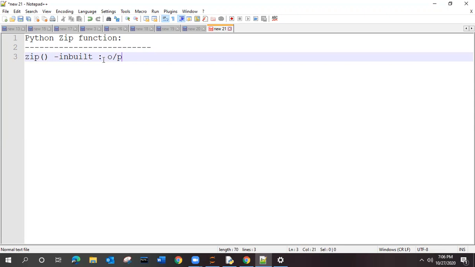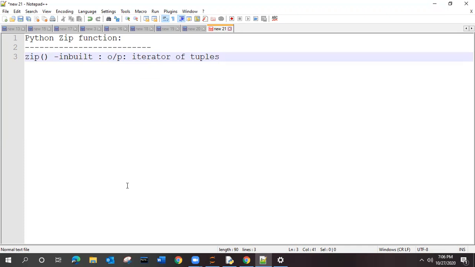Compressed data. So what could be the format for that? It will give you an iterator. And how will it give you? We will see with the example. That iterator will by default take the data type as tuples.